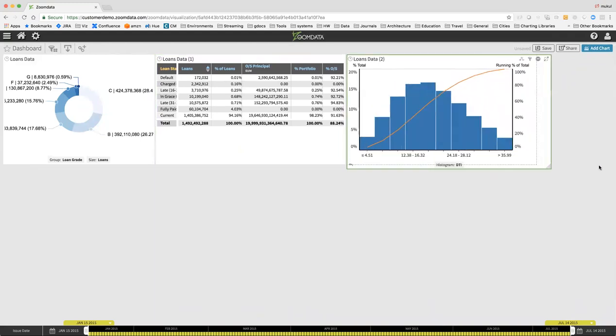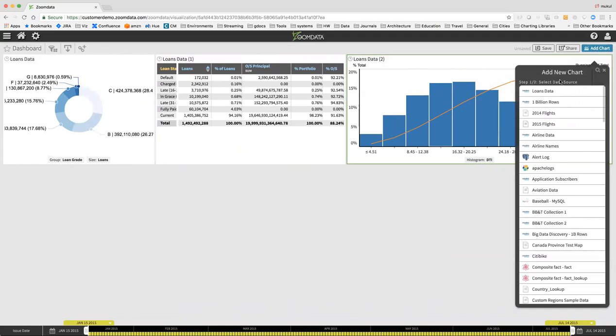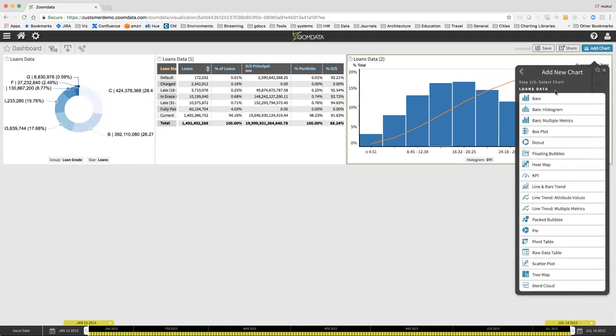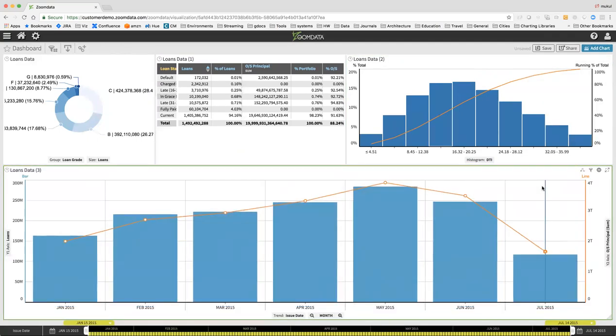Continuing down this path of analysis, my next question is about trends over time. I want to see how loan amounts and outstanding principals have been doing over time. For that, I bring in a line and bar chart. While that's building up, in fact, it came back, I can see the number of loans on the Y1 axis and the outstanding principal on Y2. Even though the amounts are different, the general overall trend seems to be the same. They seem to be going up and going down in lockstep with each other,